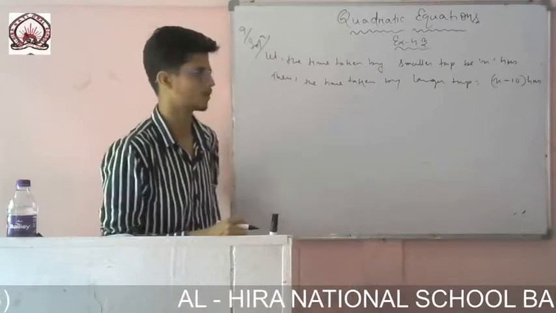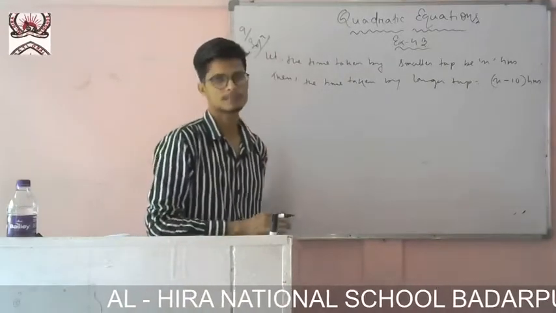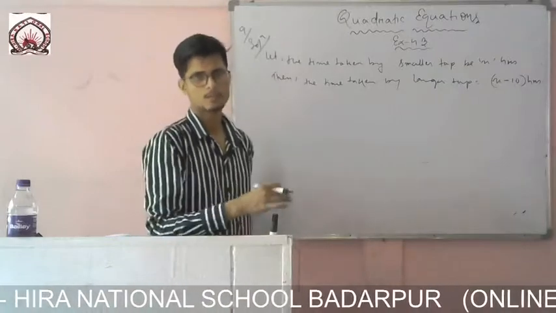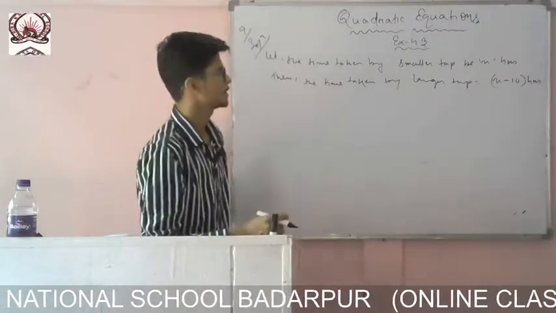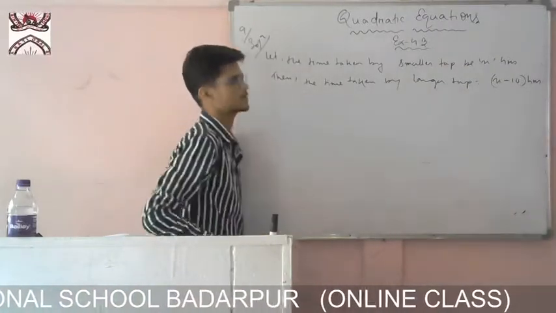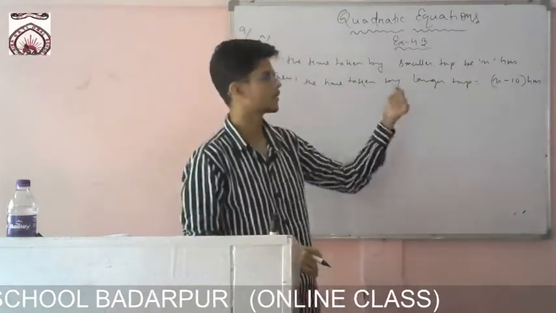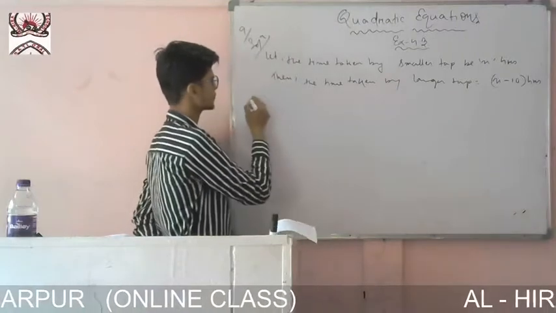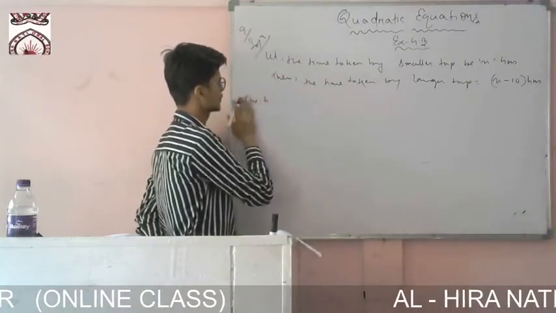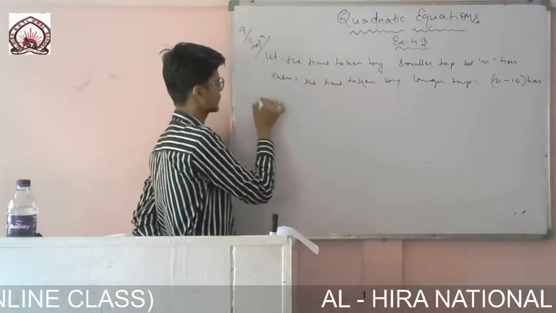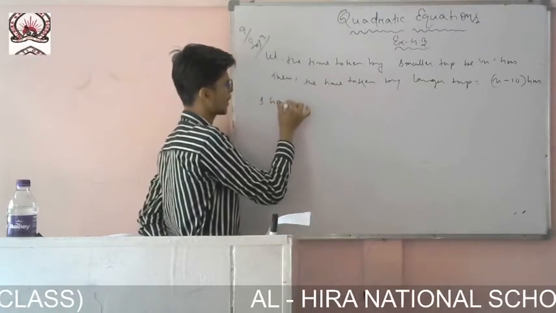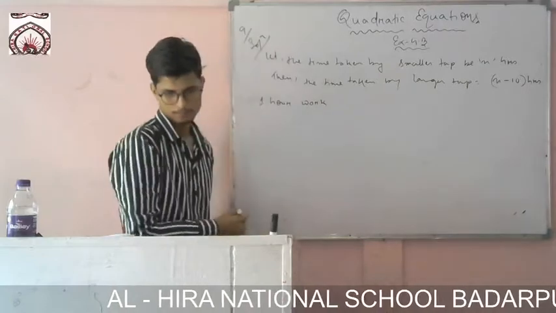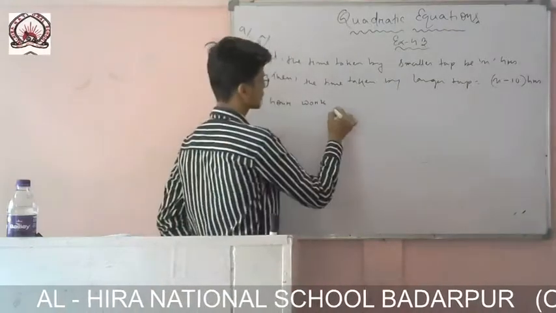So now what we will do, we have done work and time in class 8, one chapter was there, work and time. There we have done such kind of math. So first of all, we try to find the 1 hour work of each tap. So let me write it, therefore 1 hour work of